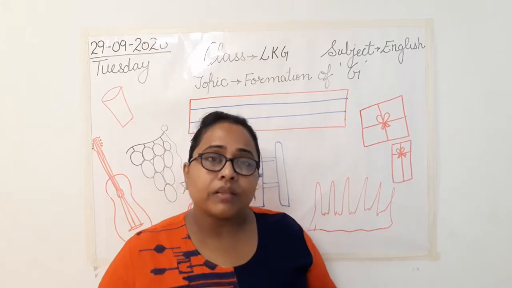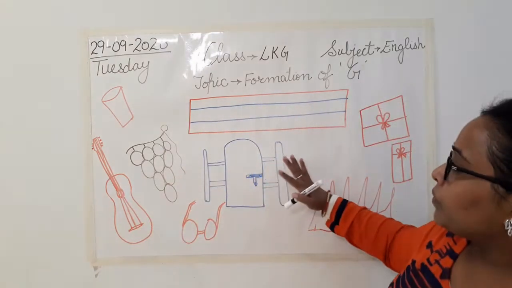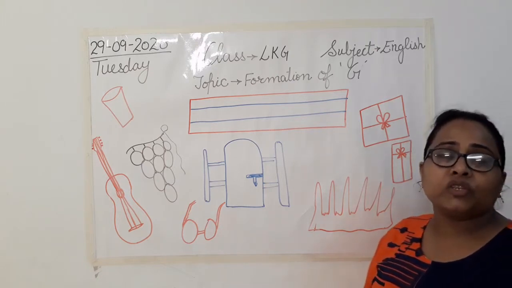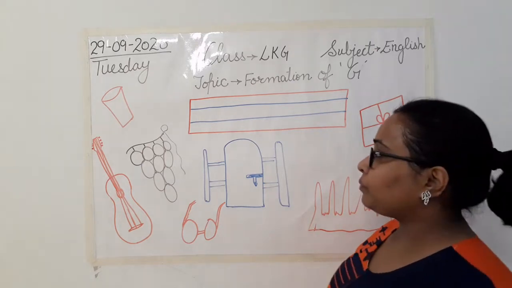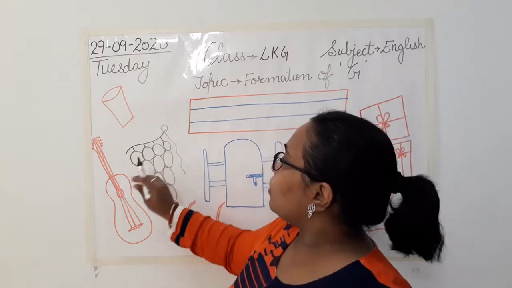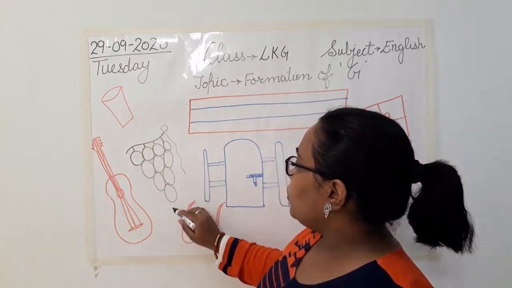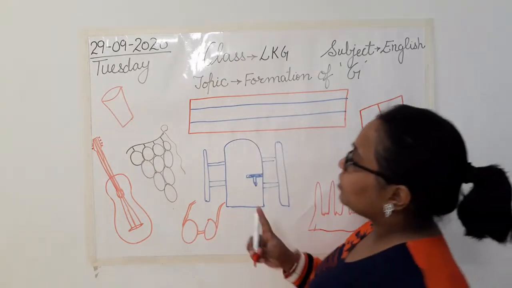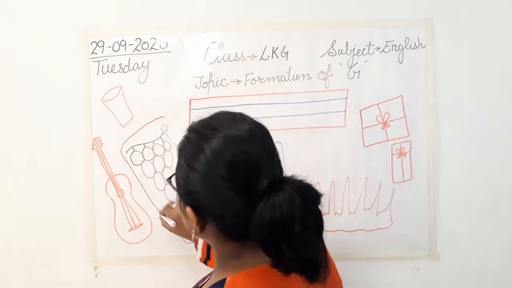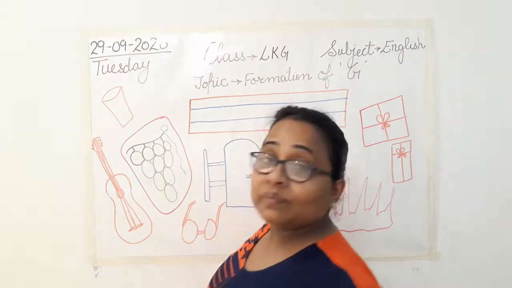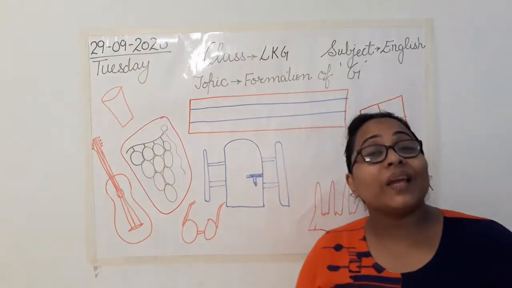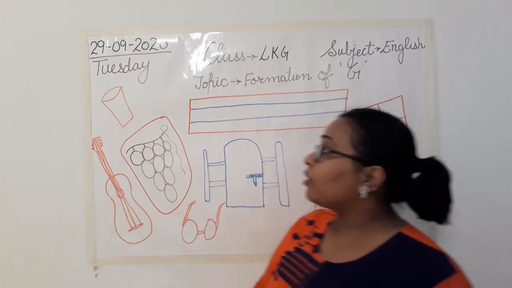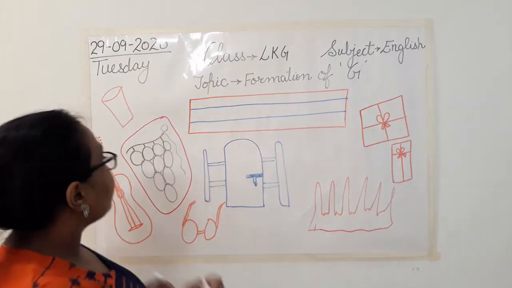Now there are some pictures I have drawn on the board. Can you identify them? Let us start identifying these pictures one after the other. The first picture here I have is a fruit. Can you tell me which fruit is this? Can anyone tell me the name of this fruit? This one. What is this? They are grapes. Yes, you remember we have learnt about grapes. Now let me write the name here.